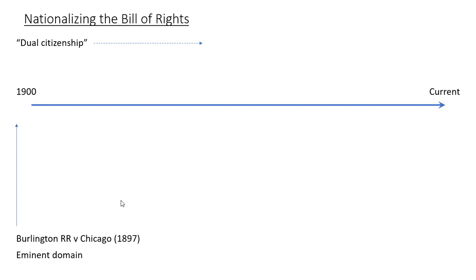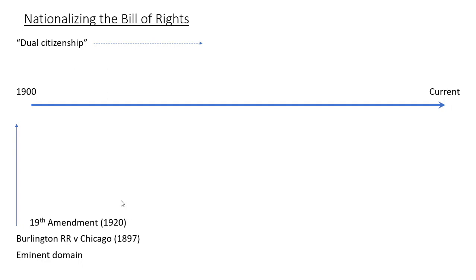But however, that was just one case, and it involved only one issue of eminent domain. So we still had a long way to go, even though this struck down the ruling of Barron versus Baltimore several decades prior to this and incorporated eminent domain into what states had to comply with. Still had a ways to go.